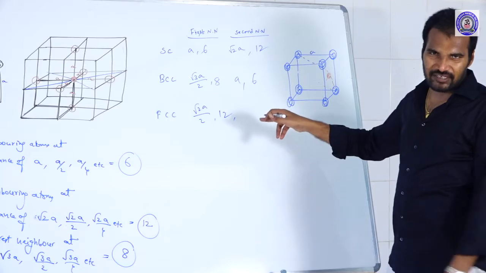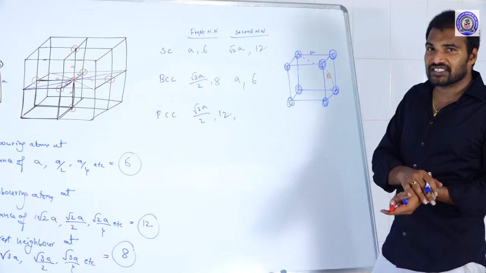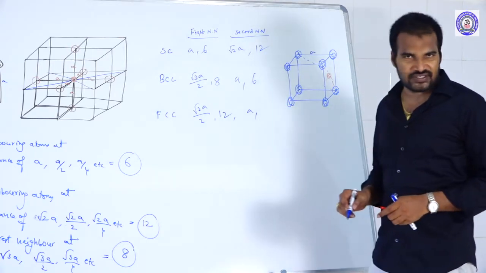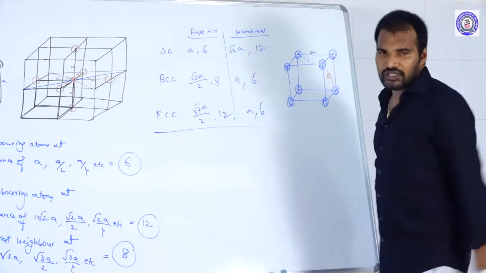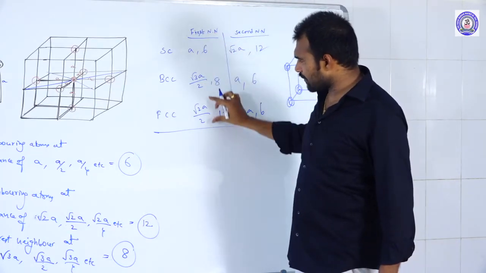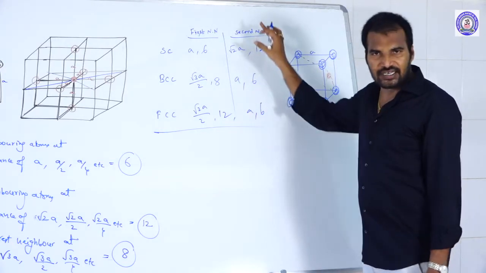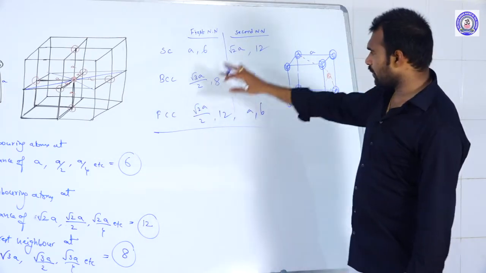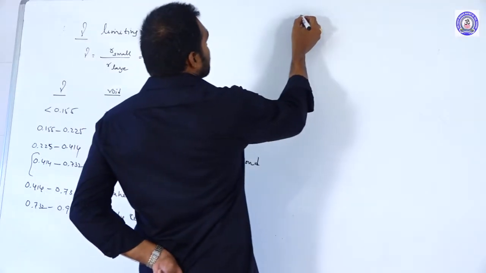I told you, no? So the same value. And second nearest neighboring distance. So root 2a was finished. The second nearest neighboring distance is definitely a. So second neighboring distance is a, and its value is 6. Just remember this table so that you will be clear to calculate the nearest neighboring distance and the number of nearest neighboring atoms, second nearest neighboring distance and second nearest neighboring atoms. I think this concept is clear to you. Okay, densities,